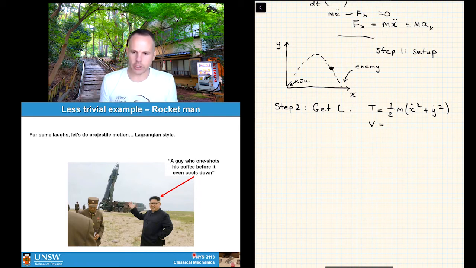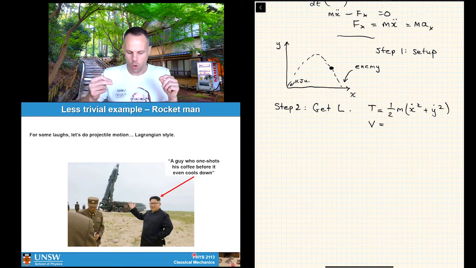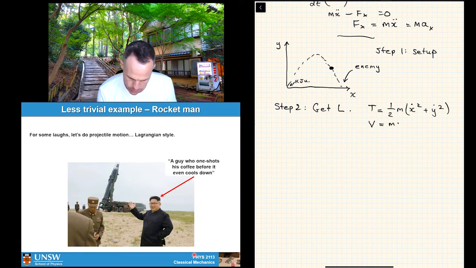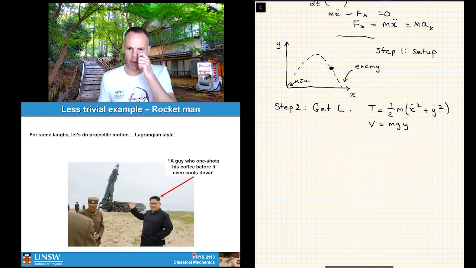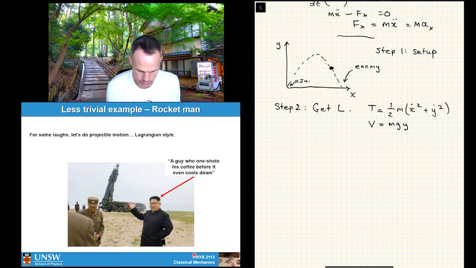And then our potential energy is, as you learn in first year, mgh. Here we're defining h as y, so we're just going to call this mgy and rely on the fact that y is equal to 0 when the motion starts. Okay, so we're just going to call this 0 down here. So that's that. The Lagrangian now is going to look like L equals T minus V,